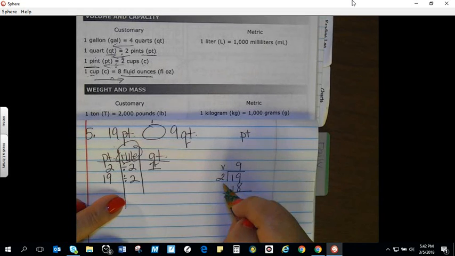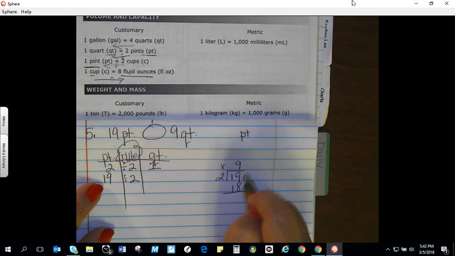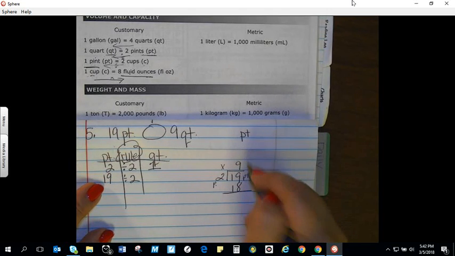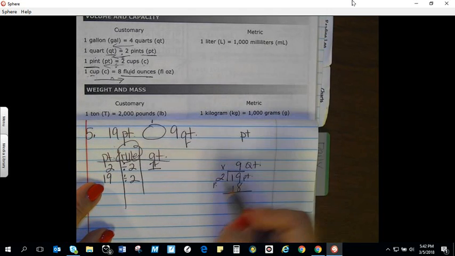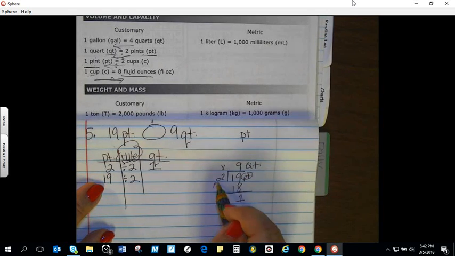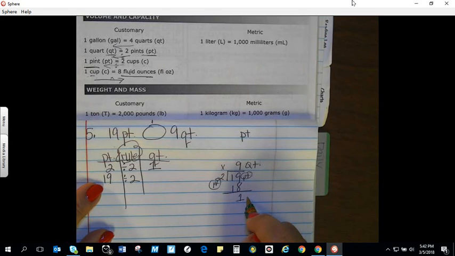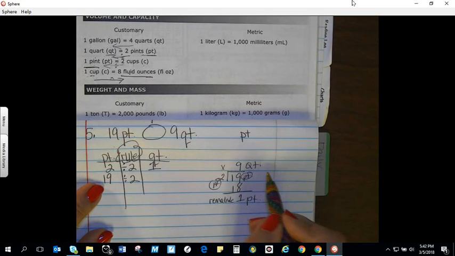Again, this is dealing with pints, and this is dealing with quarts. And so I have 9 quarts. That's 18. If this is a pint and this is a pint, then my remainder will be in pints as well. So here I have 9 quarts